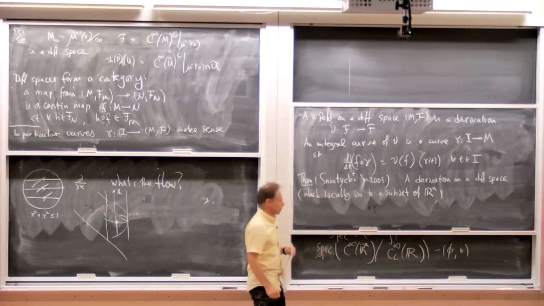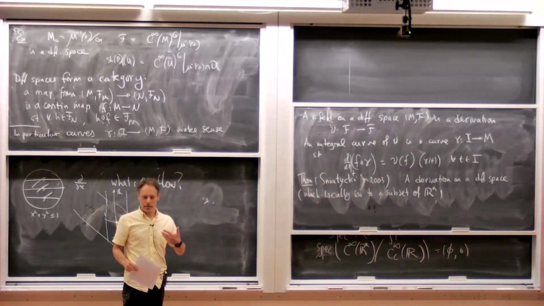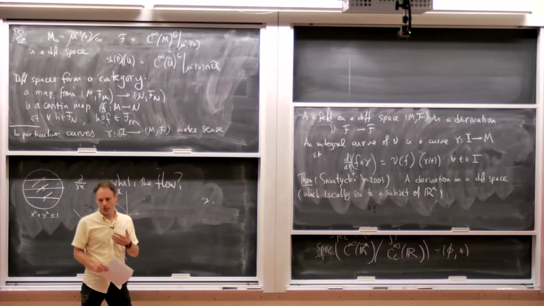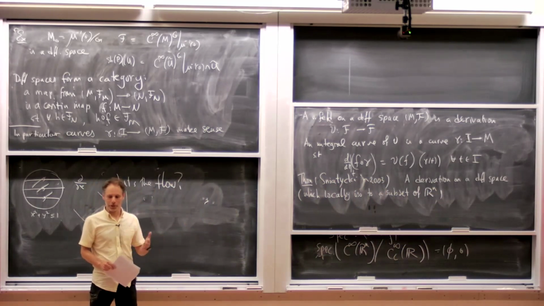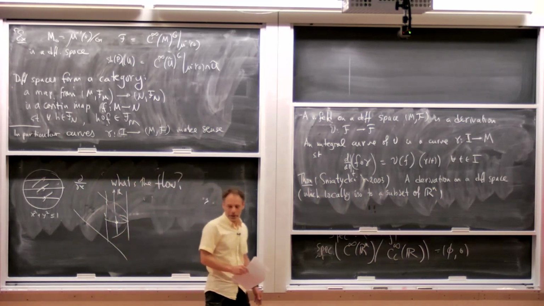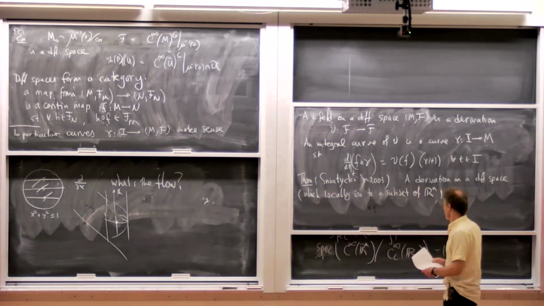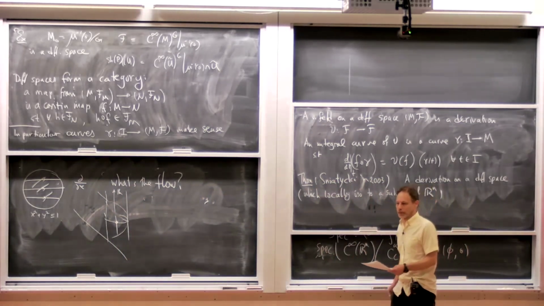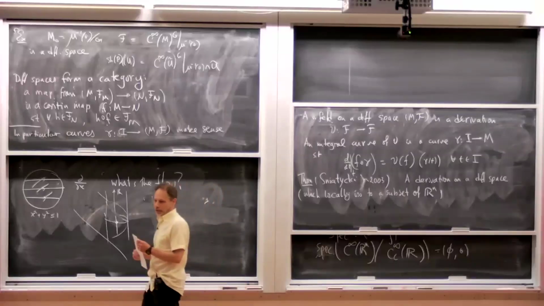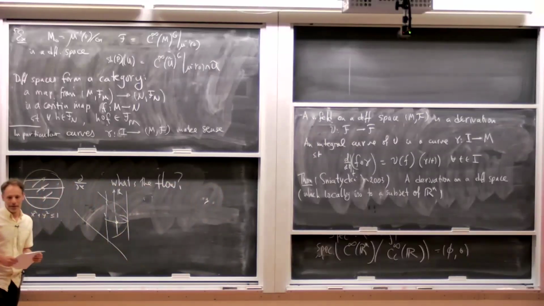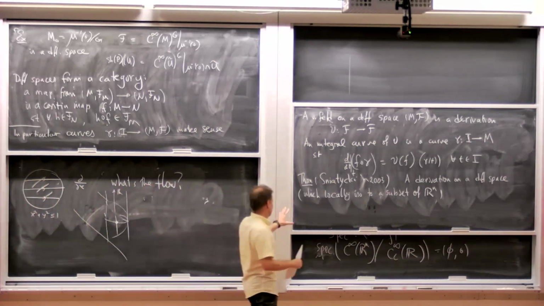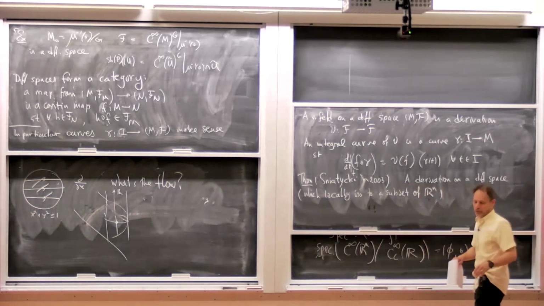One thing I didn't emphasize so far is differential spaces don't need to be anything finite dimensional. You take a Banach space, you look at smooth functions on the Banach space, they'll form a C infinity ring. I'm sure you can get a differential space out of that. If you try to integrate vector fields on infinite dimensional spaces, I guess you have to have some conditions for the Picard theorem to work. It doesn't always work. But so we're going to solve this problem by defining it away.